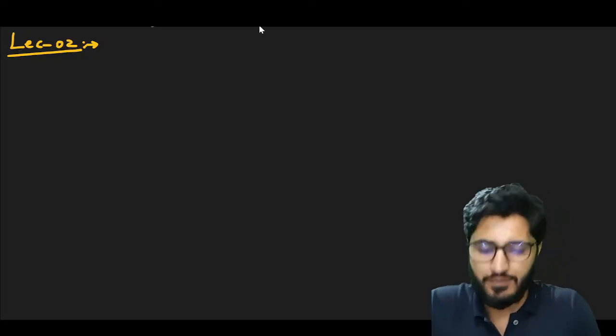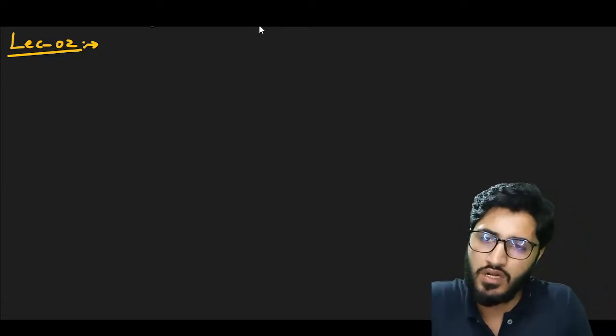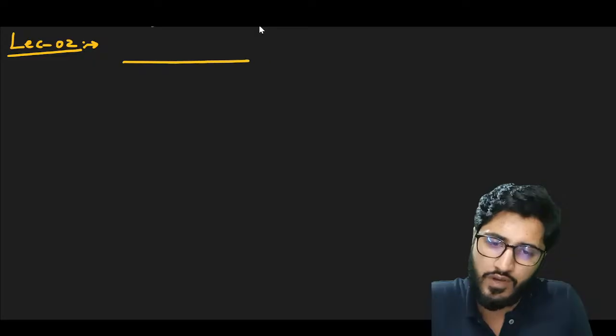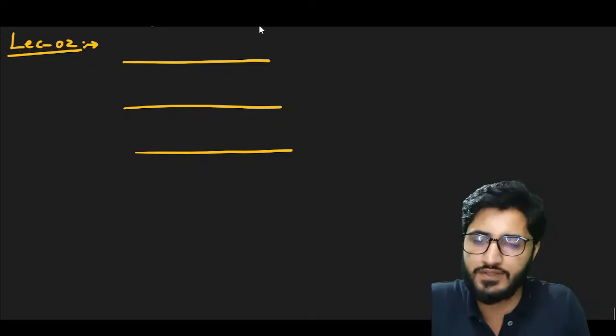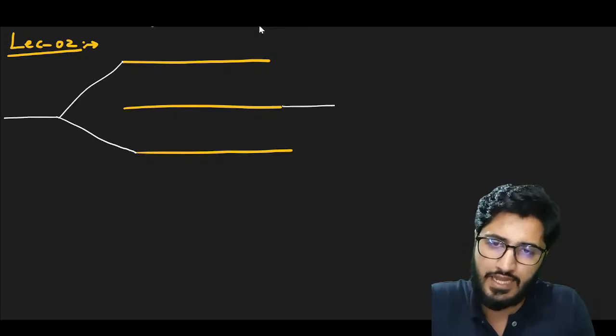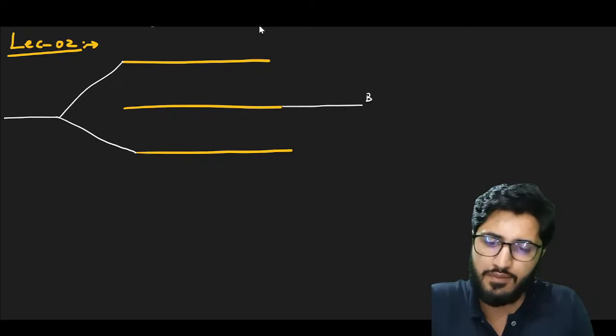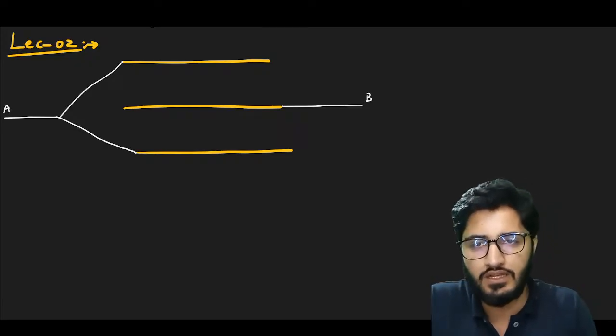So we are having lecture number 2. If we have the plates, you will find some numericals like this. One plate, one plate, one plate with some thickness. These are some plates with thickness. This plate is connected, this plate is like this. Plate A, potential A and potential B. Then you need to